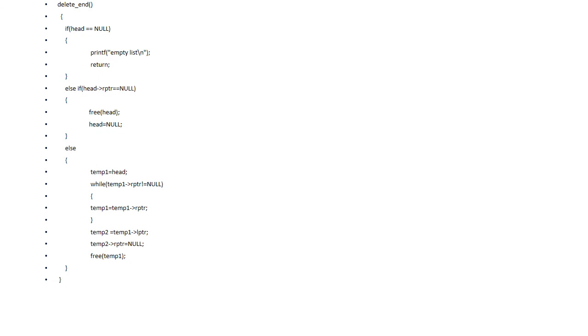This is for inserting the node at the end. Okay. There are only two cases here. If the head is equal to null, then your node will be the first node as well as the last node. Otherwise, you go on adding the node at the end by traveling right from the first node to the last. Then deleting the node at the end. Okay. The code for this is reverse and this is the code for displaying.